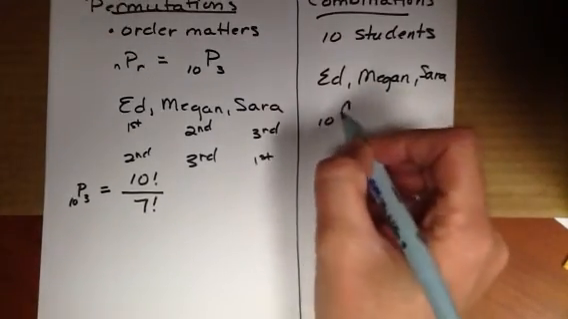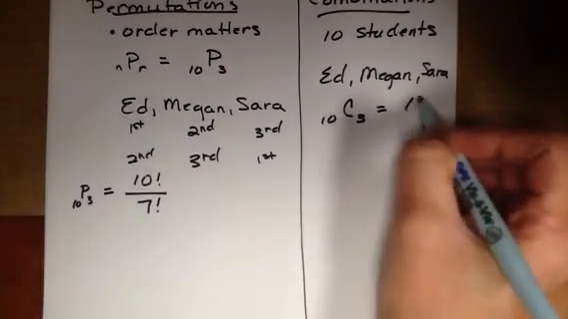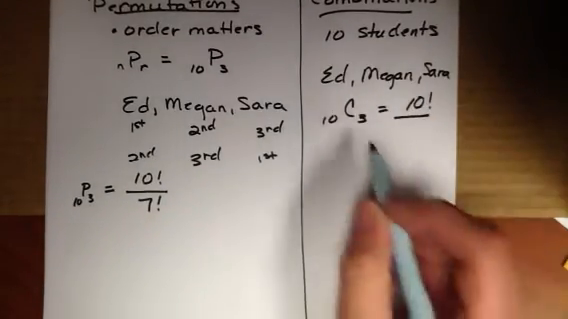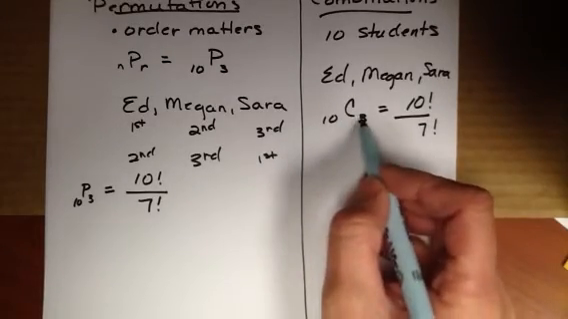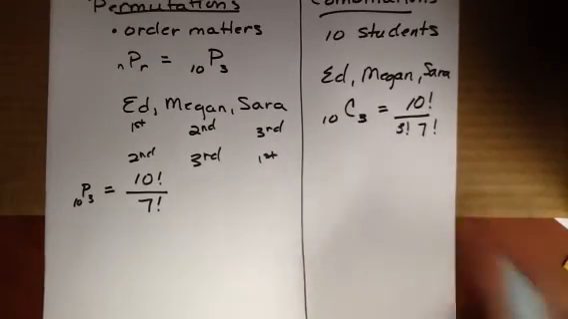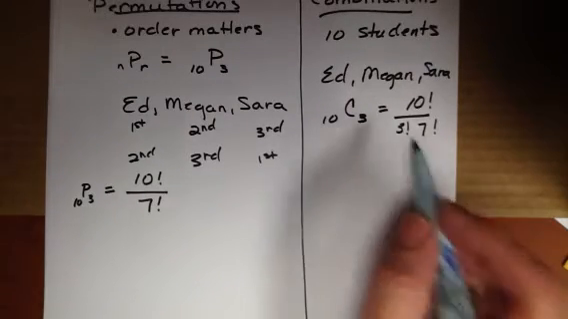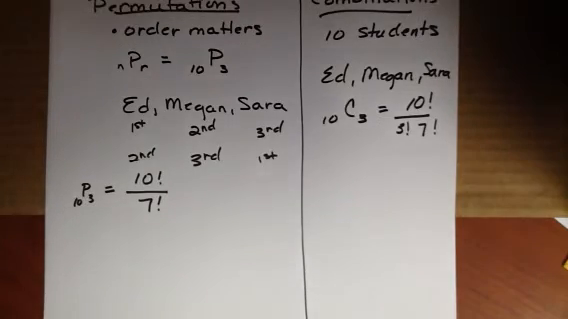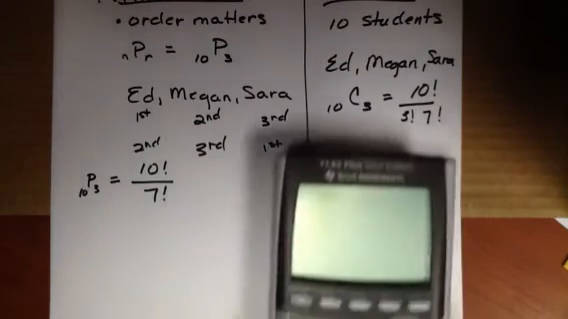So this becomes 10C3. So if you remember from the formula, this one would be n factorial. Again, we do the 10 minus 3 factorial, which is 7 factorial, but we also divide by r factorial, or 3 factorial. And both of those come from the formula. Okay? So doing this on the calculator,